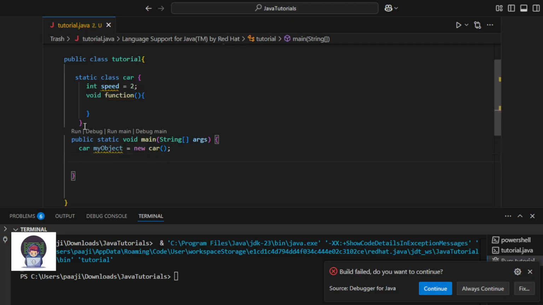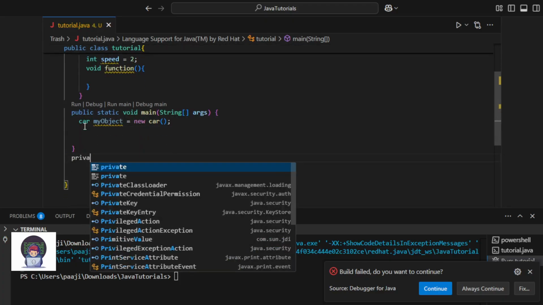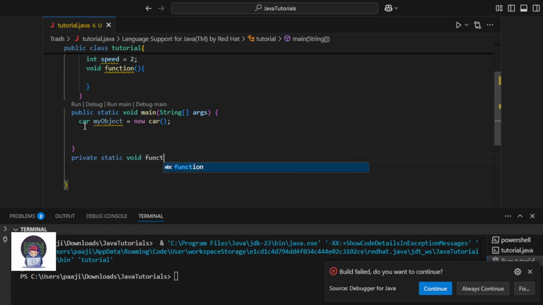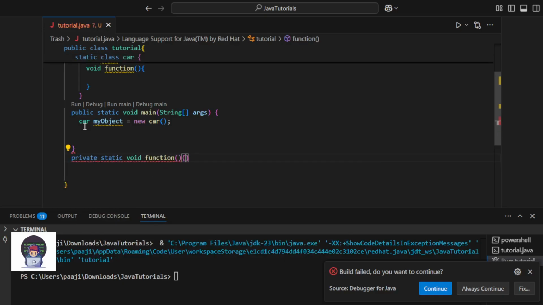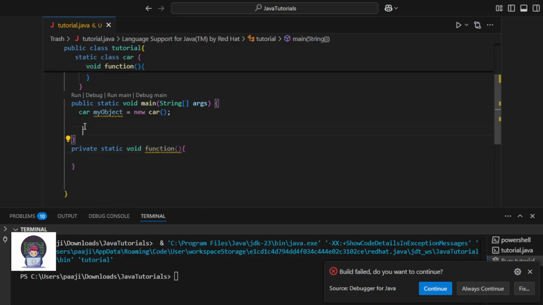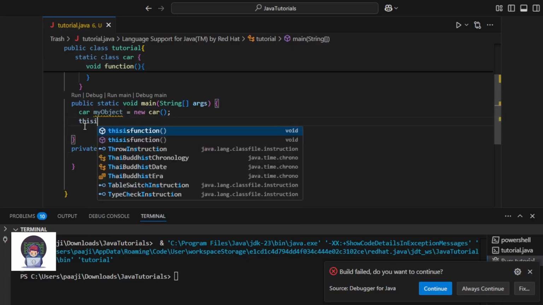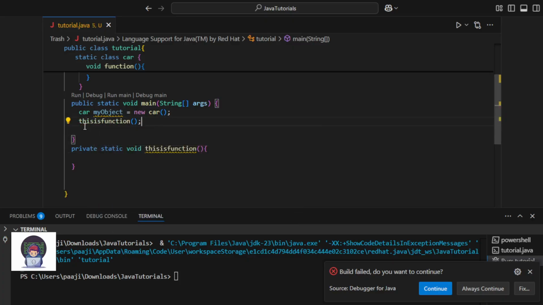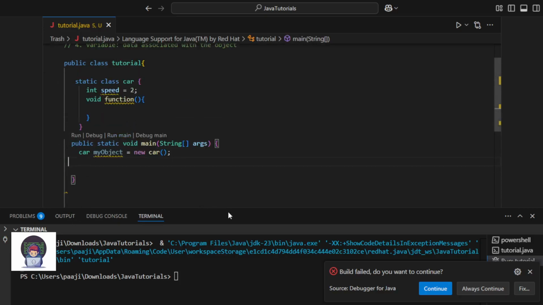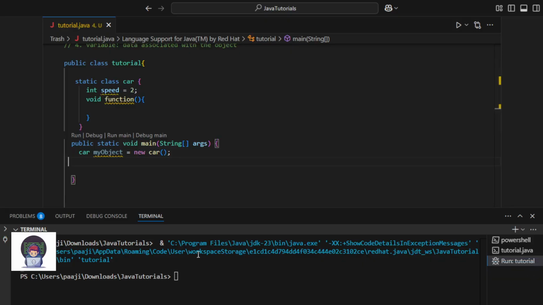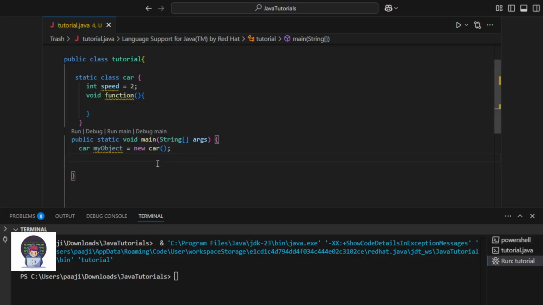Do you remember when we created a function, let's say private static void function? Inside here, how did we call it? We just put its name, function, and that ran everything inside it. Now how do we access it inside the class? We do it like this: my object dot function.